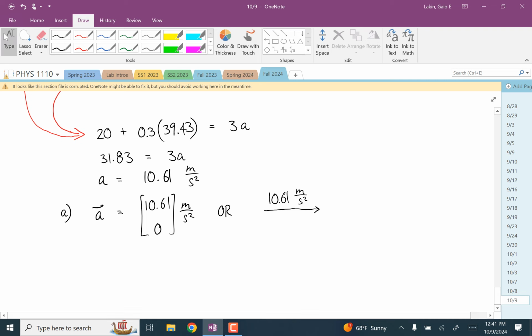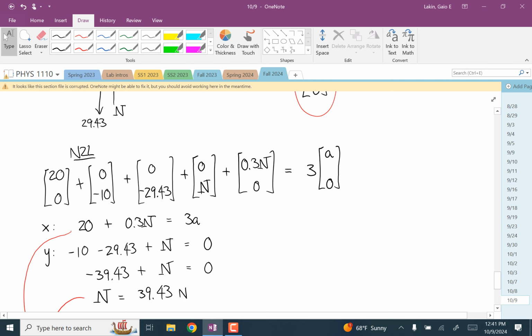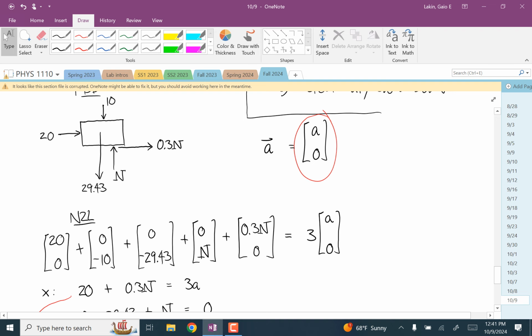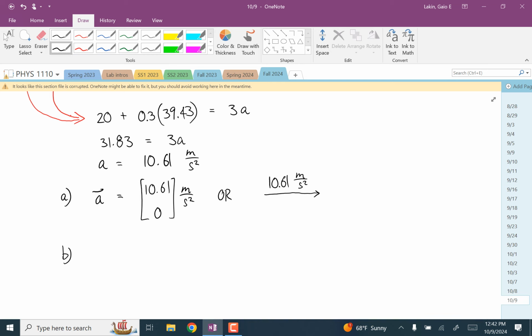For part B, there's one thing you have to be a little careful of in questions like this about friction. What's the force that the ground applies to this block? Well, it's actually broken up in all of these problems into two parts. There's the pushing force and then the friction force. So we want to account for both of those in our answer. You know, all of this circled stuff is the force on the block by the ground. So plug N in for both of those, and you get, so the force from the ground